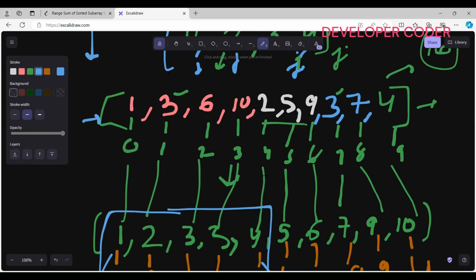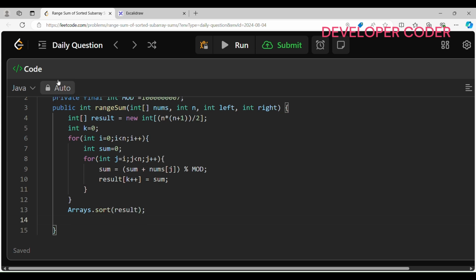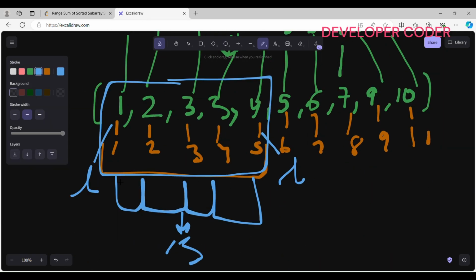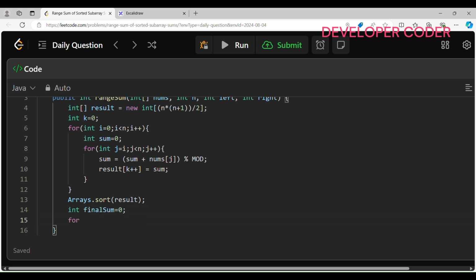So once this is done, we have created a new result array. Then we have to sort it in increasing order. So simply I'm just going to call this Arrays.sort function, and in this I'm just going to pass my result array. And once I have sorted, then I have to just find the sum from left to right. So since left indexing is starting from 1, let's create one variable int final sum, final sum to 0, and here for